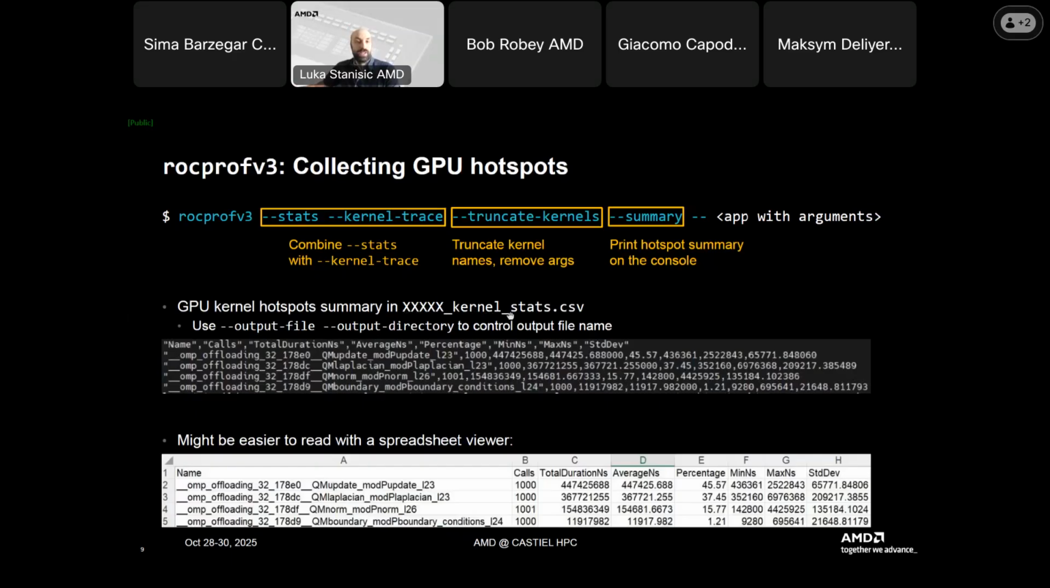So basically, if you open this kernel stats file now, it will show you something like this here. It will show you a CSV file with the name of the kernel, followed by the number of calls, the total duration, average, and some statistics and so on. Sometimes, especially if the names of the kernels are quite long, it can be a bit cumbersome to look at these things inside the terminal. So you can always copy these CSV files to your laptop and then open them in your favorite spreadsheet viewer like Excel, where it might be easier to look at these files